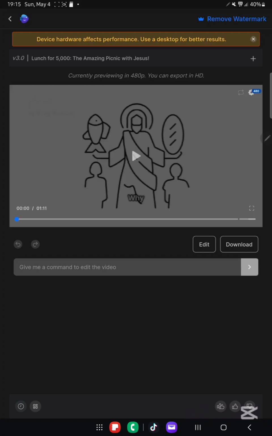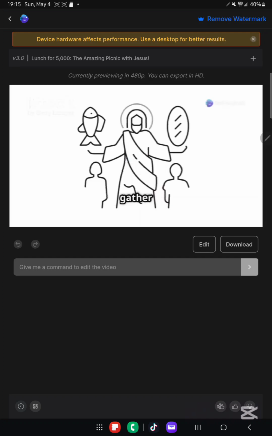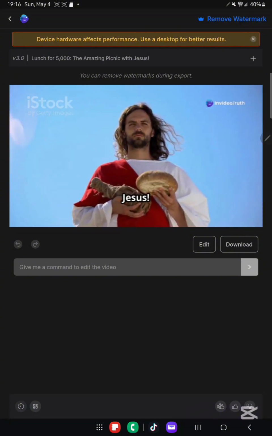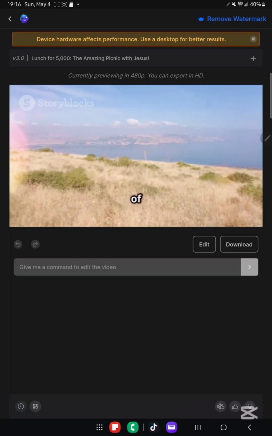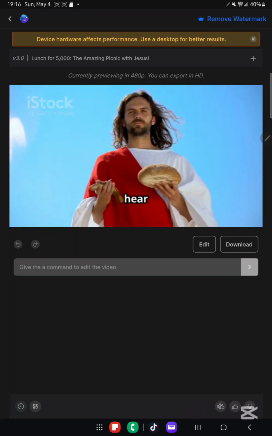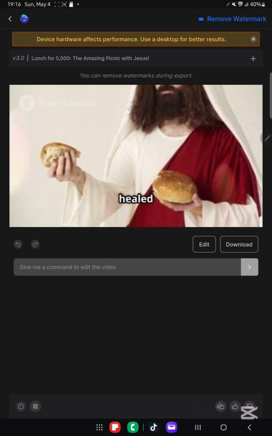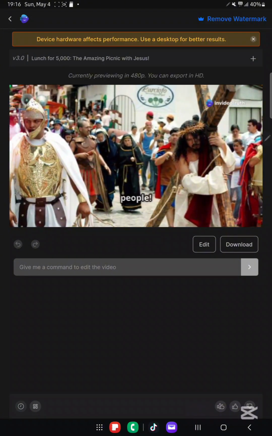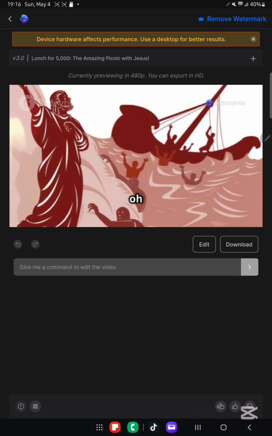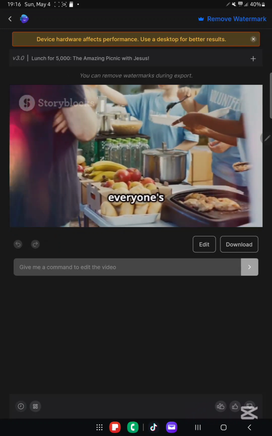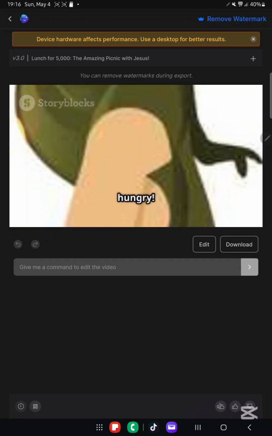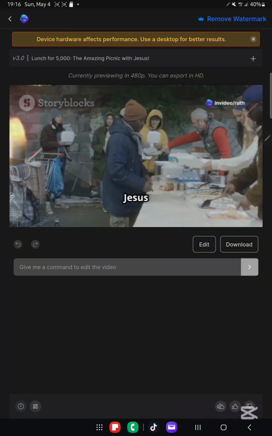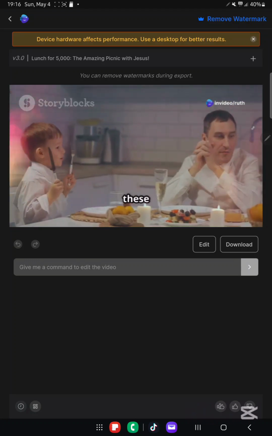Just watch out. Why do thousands of people gather with empty tummies? It's all about a miracle picnic with Jesus. Once upon a time, on a sunny hillside near the Sea of Galilee, a huge crowd gathered to hear Jesus. He talked about God's love, healed the sick, and made everyone feel super happy. Imagine, more than 5,000 people. That's like a whole town, but oh no. After a day of listening, everyone's tummies started to rumble. "I'm hungry," said a little girl. "Me too," said a grandpa. "No food in sight." Jesus asked his friend Philip, "Where can we get bread for all these people?"